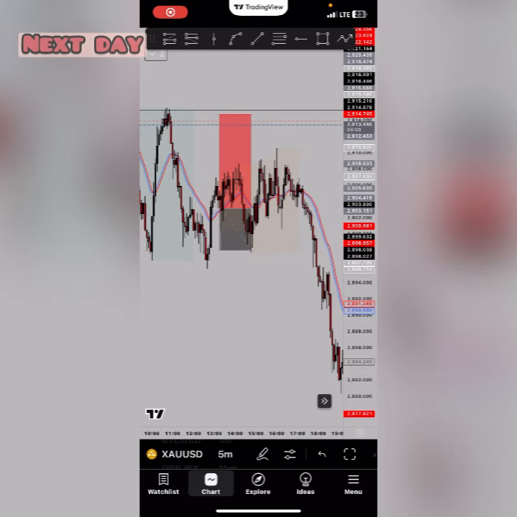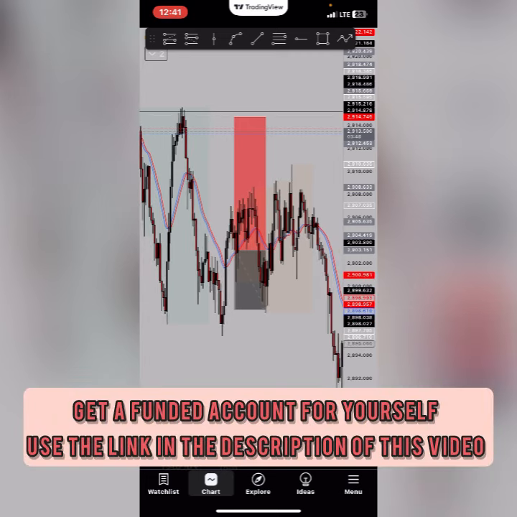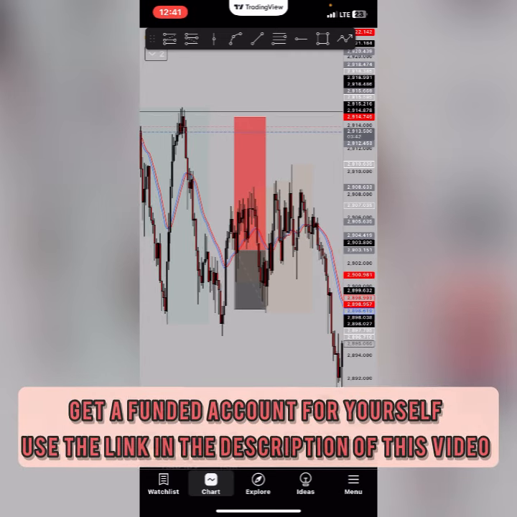Yo guys, I could not update you guys yesterday on the trade I took, so today is Tuesday. I'm going to be updating you guys. This was the trade I took yesterday, and it happens to be a loss, right? And as you can see right here, I took the trade, it went into profit immediately and later reversed and hit my stop loss.